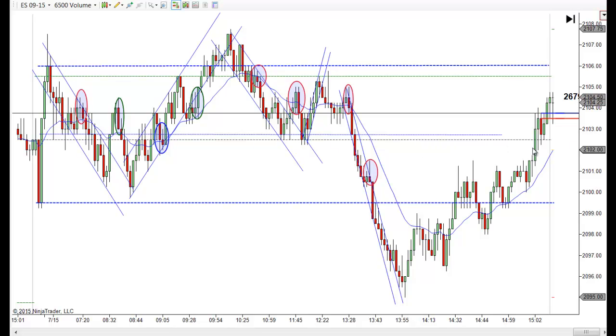And really, in the end, this is just a range day. We had a rather significant sell off here, but the market took it all right back again. So, in the end, we closed up. We closed yesterday at what? 2102.50 maybe, and today we closed at 2104.50. So we closed up 2 points for the day, but like I said, I would categorize this as a range day,